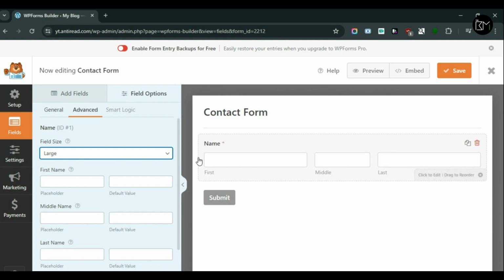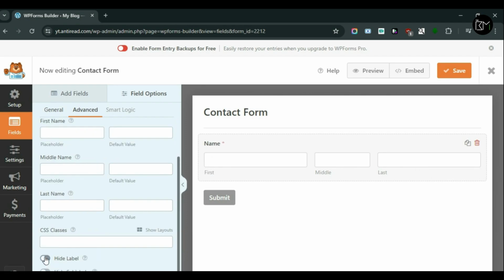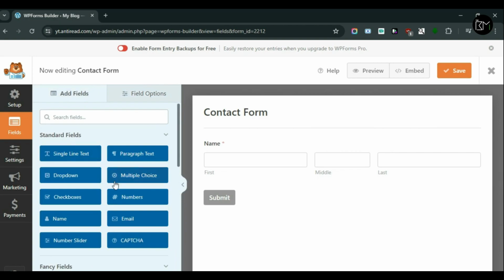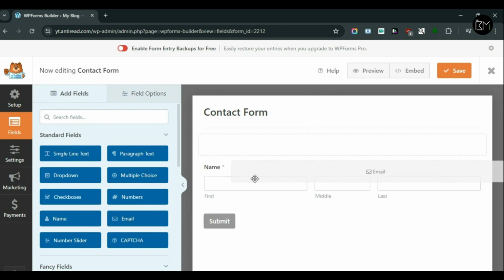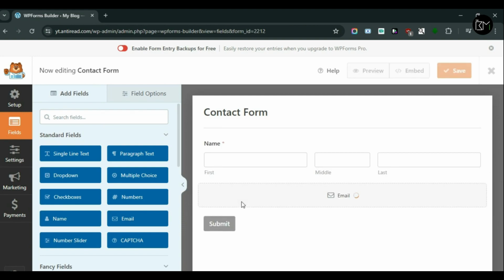Now, the next option is not very practical. I mean, who wants to change the placeholder name? If you write anything here, it will automatically display under this box, which is just useless. So now, our name section is completed and we need to put in more options to complete our contact form. And for that, we need to click on add fields option. Then drag the email field and drop it into this panel.